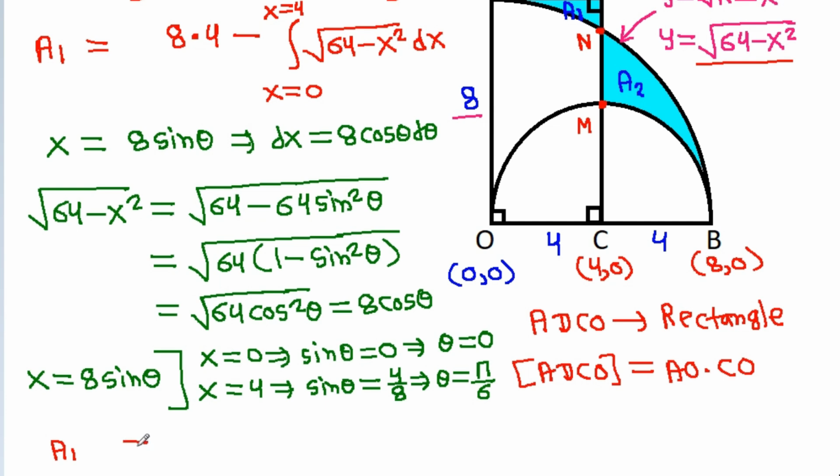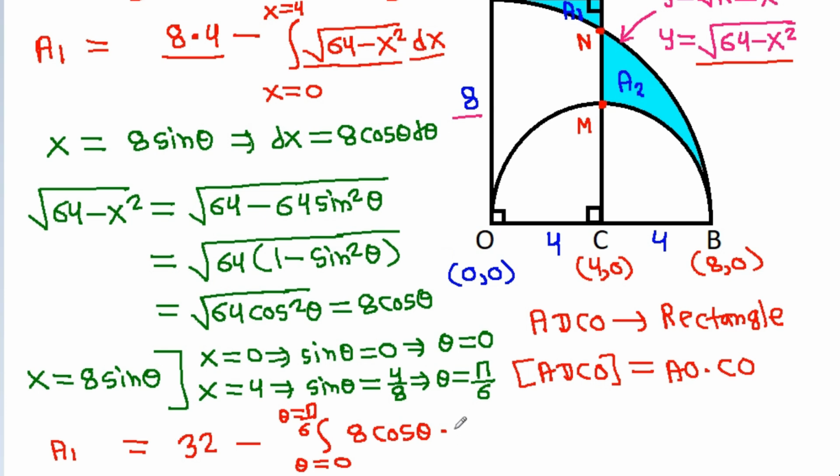So A1 is equal to 8 times 4, which is 32, minus the integral from theta is equal to 0 to pi by 6, and square root of 64 minus x square is 8 cos theta, times dx, which is 8 cos theta d theta,